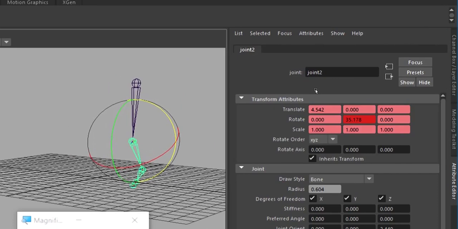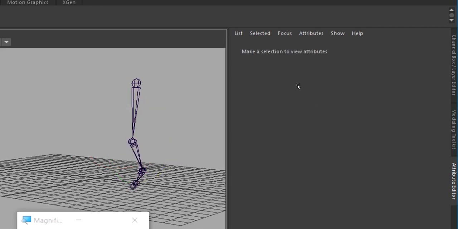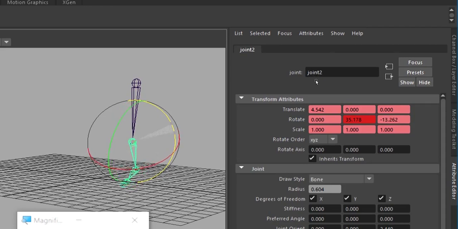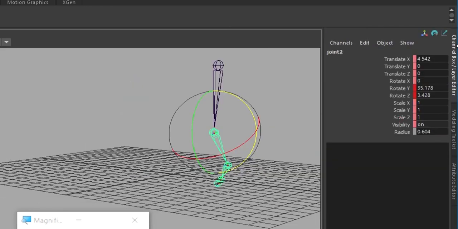You can see the rotation order in the attribute editor. It is X, Y, Z. If you select Z, you can see Y is also being followed, and X is also affected, but X's value is not getting changed because we are not changing the X value exclusively.